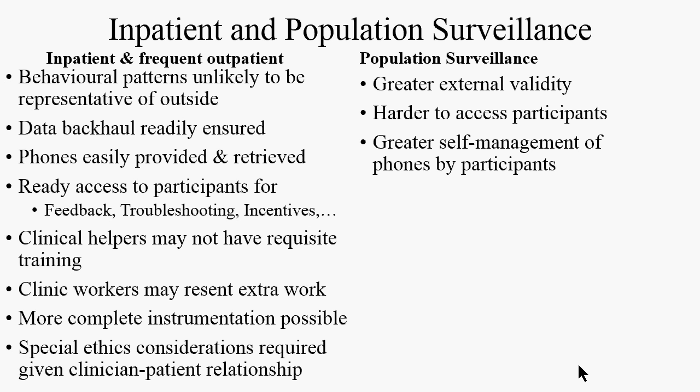In population surveillance, by contrast, you're sampling people in their homes, the day-to-day examples, but it can be harder to access participants, and there's a higher burden of self-management of the whole ecosystem by those participants. So, for cases of a smartwatch, the people in their homes have got to pair the watch with the phone in a successful way, and they have to strap it onto the baby, etc. And that imposes some extra complications.